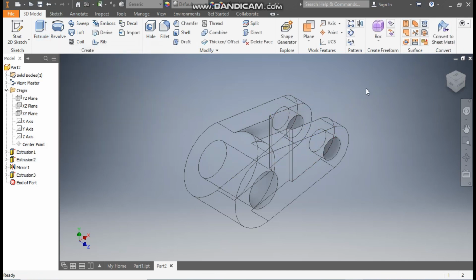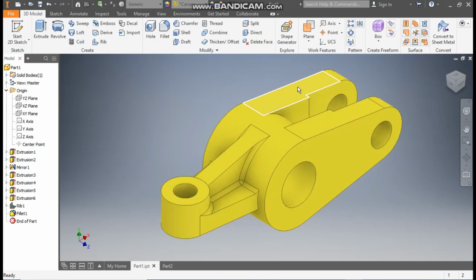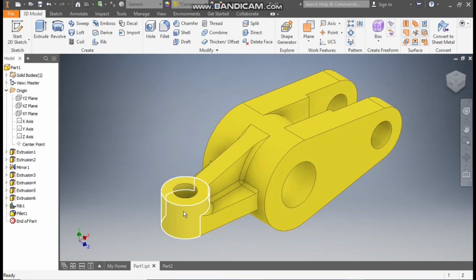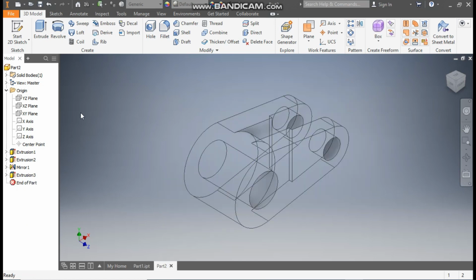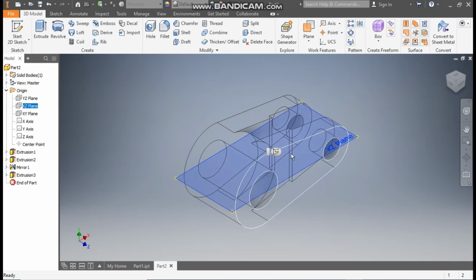Okay, now here go to part 1. You have constructed this profile and this cut profile. Now we are going to construct this front profile. Okay, go to part 2. Here we are going to select the XZ plane, go to create sketch,